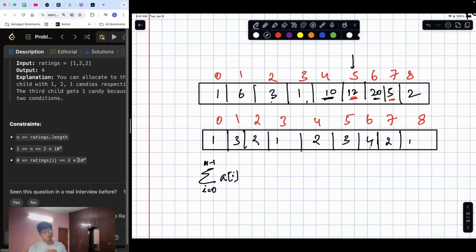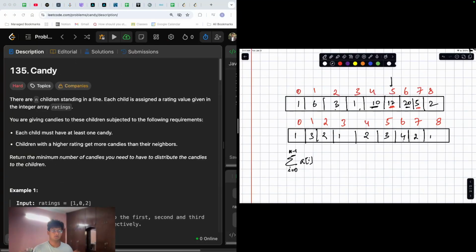Okay. Now, how else can we solve this? Let's think about it. What can I do here? You know what? I'm thinking of an approach. The question says that you need to check your neighbors, your immediate neighbors,